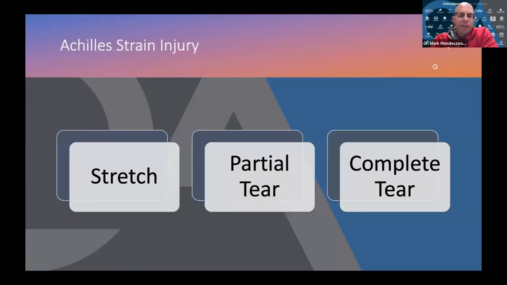Another injury we'll talk about, they were talking briefly about patella tendon. The patella tendon and Achilles tendon are pretty similar in their construct. They are very large, strong tendons. They don't have the greatest blood supply. And when you injure a tendon, that is called a strain. You can stretch it out, you can partially tear them, or you can completely tear the tendon.